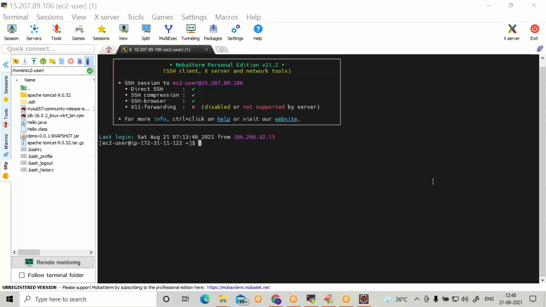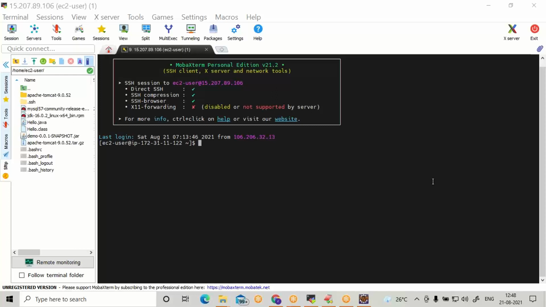So please observe, our application packaging type is a jar. If application packaging is a jar, that jar file we can run through a Java command. We don't require a Tomcat separately. Inside this jar file itself, Tomcat is there.